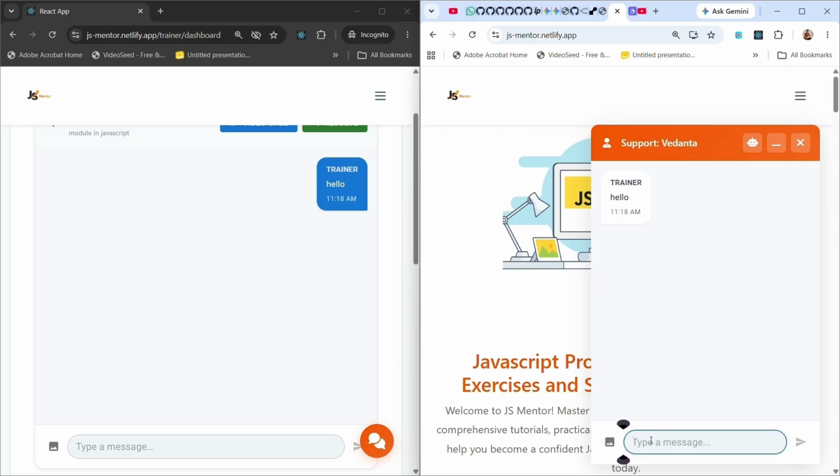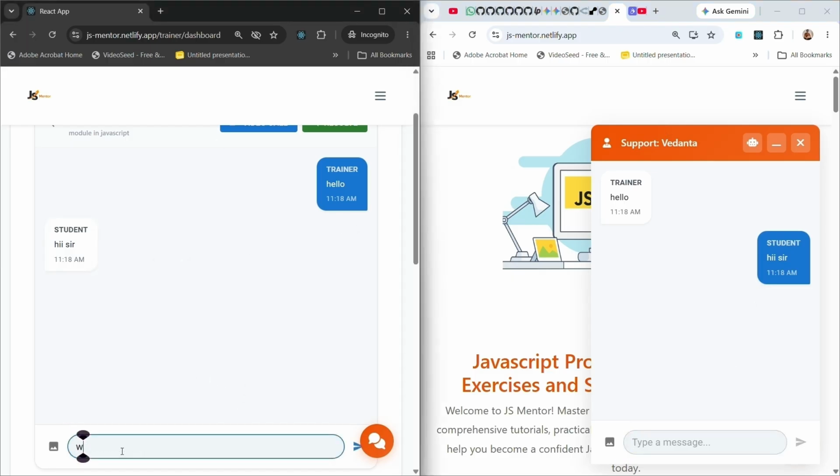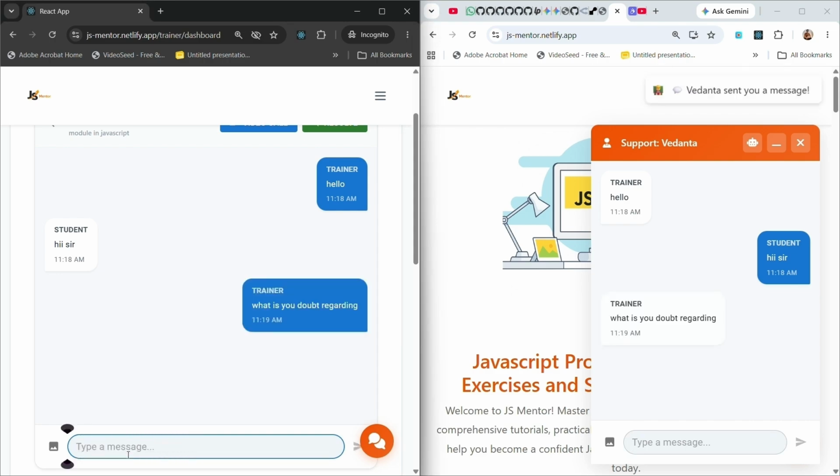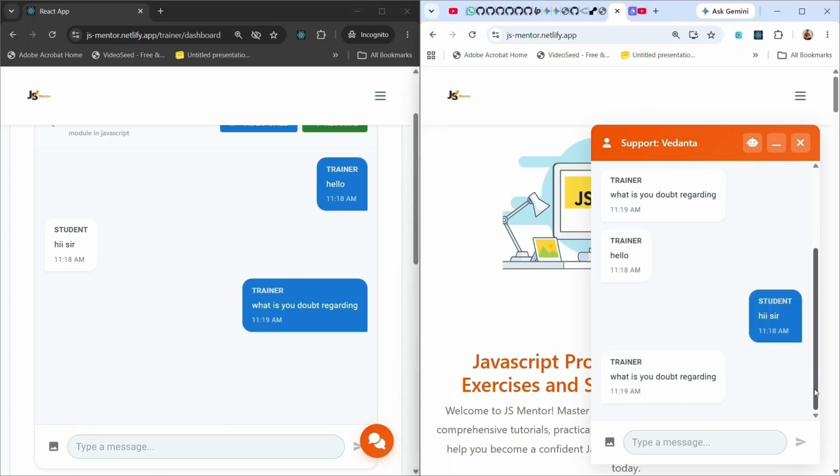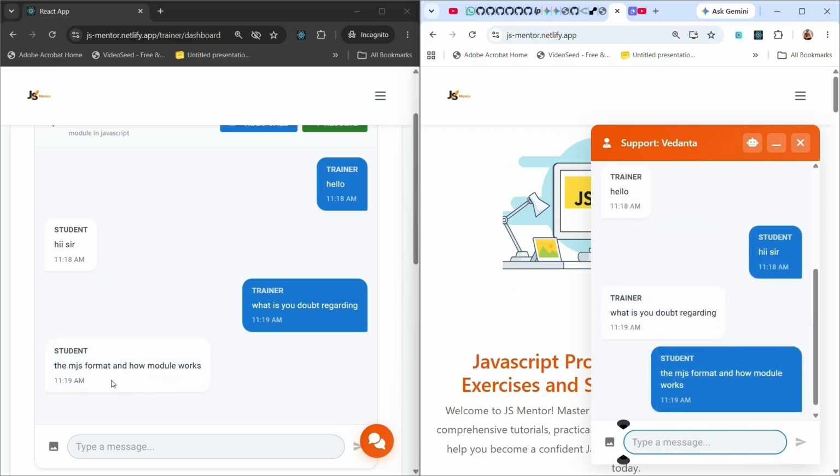Hello. So I'll just reply hi sir. And this is all happening in real time. So this is seamless. As you can see, what is your doubt regarding? So you can see that the message comes and this automatically scrolls down, and I'll just reply, the MJS format and how module works. So likewise, you can actually put out your doubts and you can talk to the trainer, and then you can